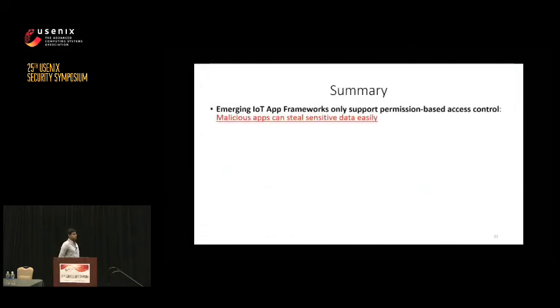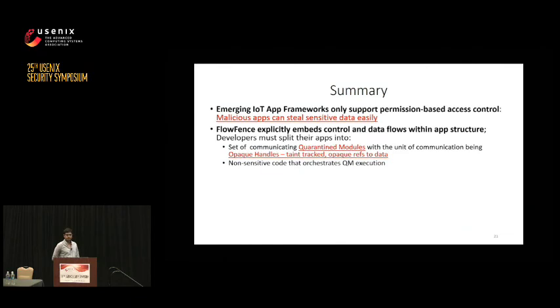So in summary, several emerging IoT frameworks enable third-party developers to build applications, but they only support permission-based access control. And this can lead to malicious apps that steal this sensitive data easily. We built FlowFence, a system that embeds control and data flows directly within application structure. And developers must split their apps into 2 logical pieces, a set of communicating quarantine modules that exchange information with each other through these taint-tracked opaque references. And then the other logical piece is non-sensitive code, which executes outside QMs, and it just orchestrates QMs to achieve useful